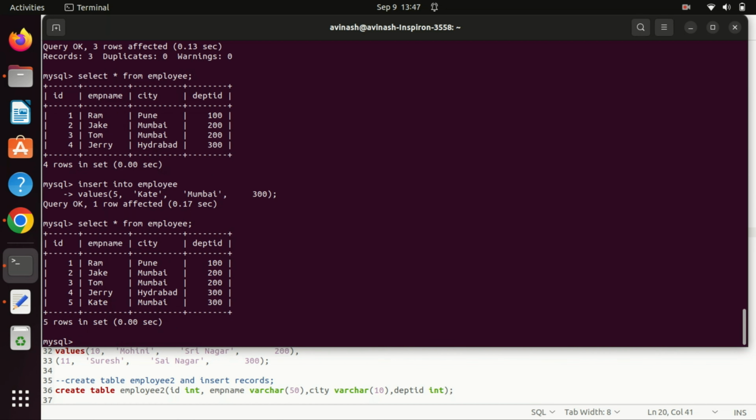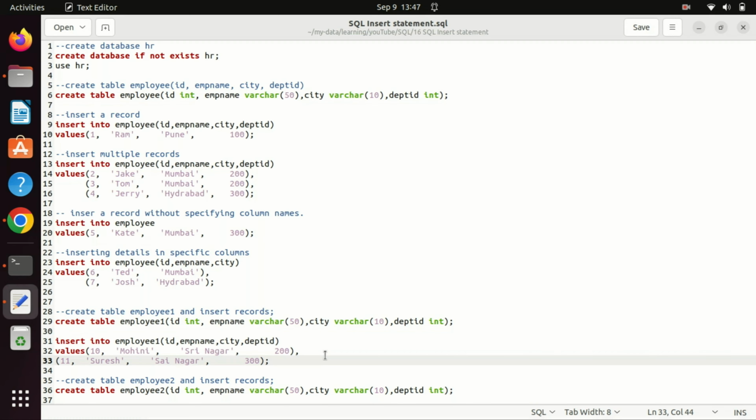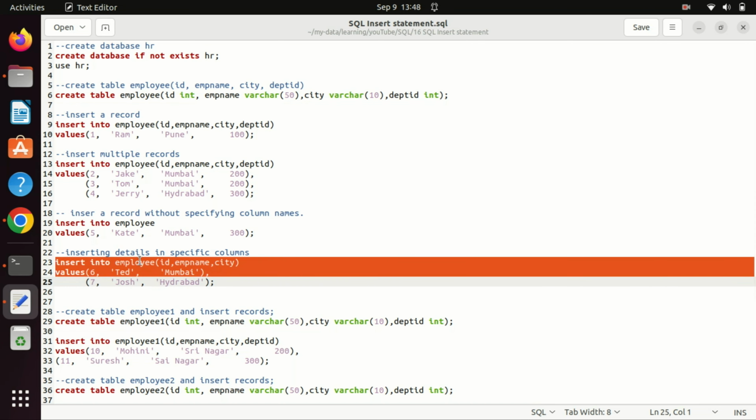Now we have 5 records in the table. Till now we were inserting details for all the fields. What if you do not have data for some of the fields and you want to insert data into specific fields? In that case, what we have to do is specify the specific columns